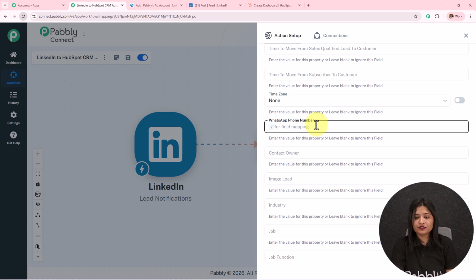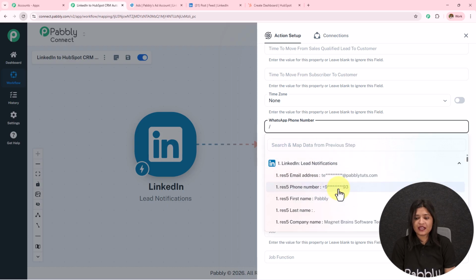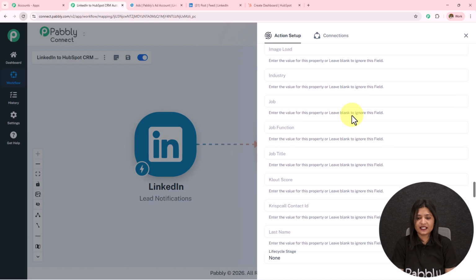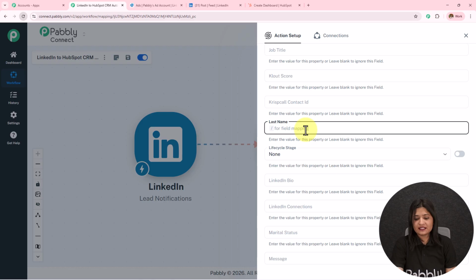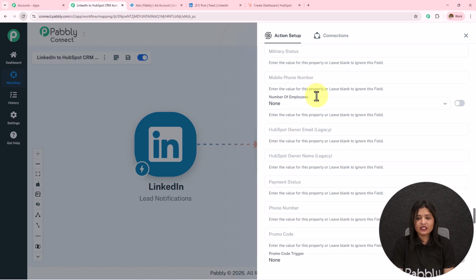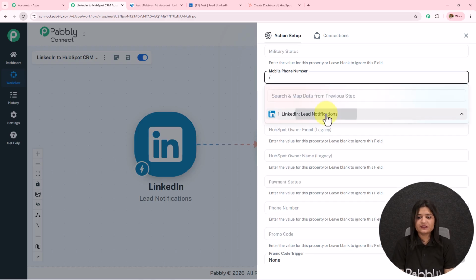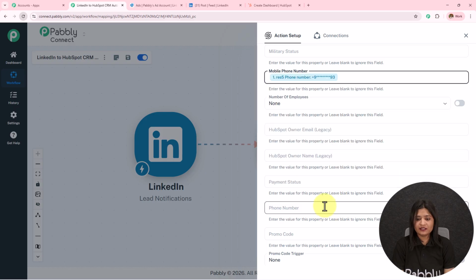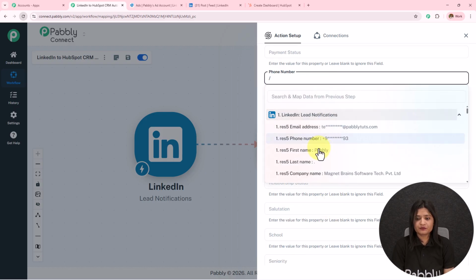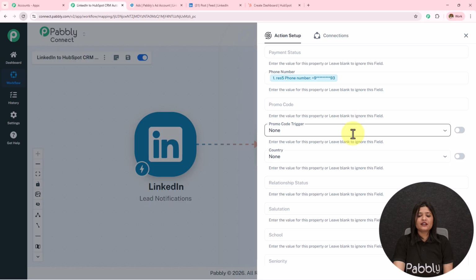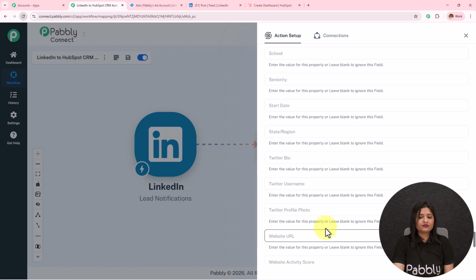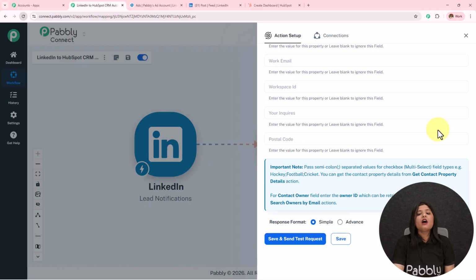In the WhatsApp phone number, I'm going to enter the phone number which I have received from the response, this 93931, and then we have this last name finally, which was this. In the mobile phone number also, I'm going to enter the same number 93931, and in this phone number also. Now the rest of the fields are not required ones. If you have received the response, you can enter following the same process of mapping or reading the help desk